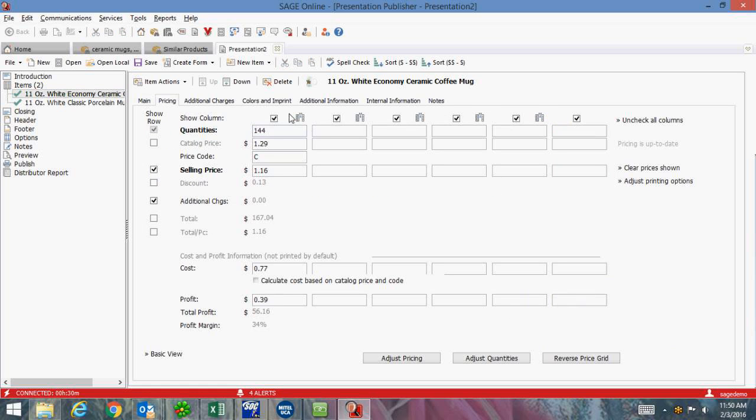So what you're seeing is what's in bold here is actually what gets sent with the presentation, so the quantities and the selling price. If you want to adjust any of the pricing, there's 2 ways to go about doing it. You can either type in the field and change the pricing this way,